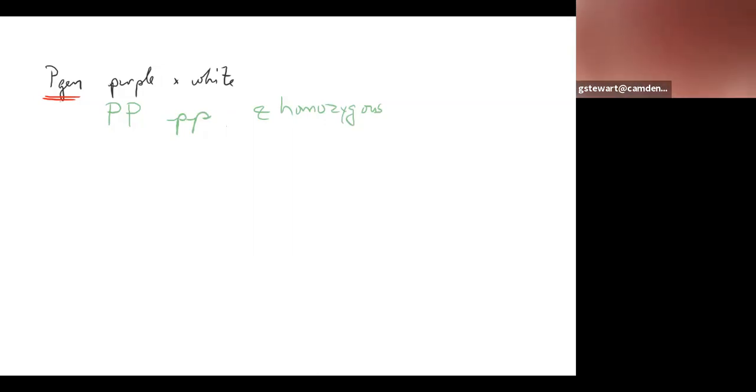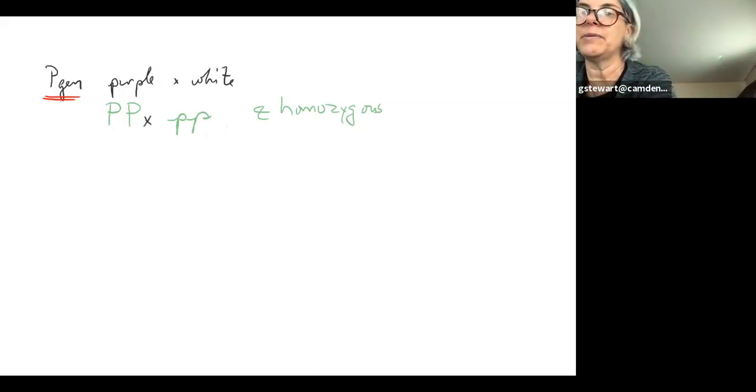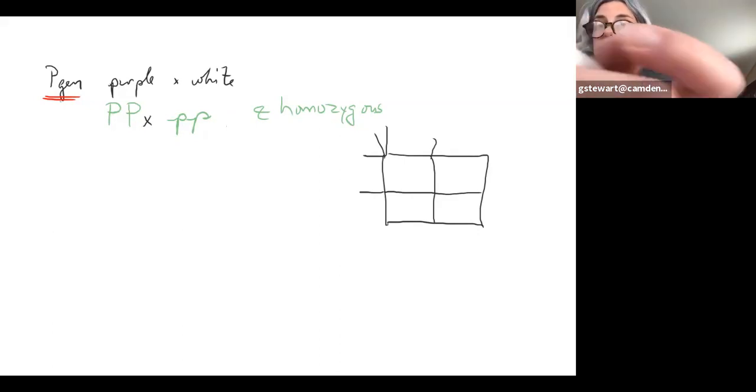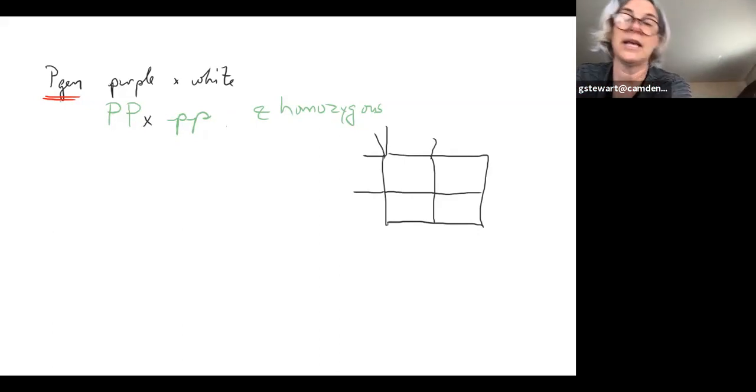So now we can translate this to our friend, the Punnett Square. Put a Punnett Square over here. I'm going to draw it again with 4 boxes, put the diagonal. In this case, it doesn't matter which parent represents the male and which represents the female, the stamens versus the ovules.